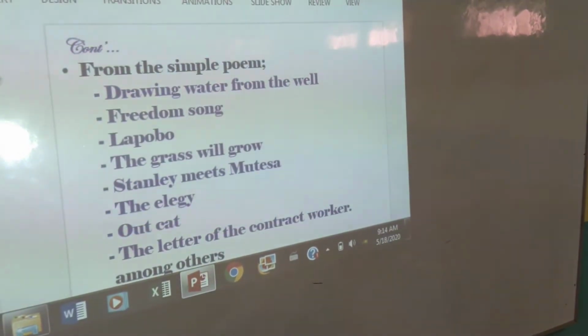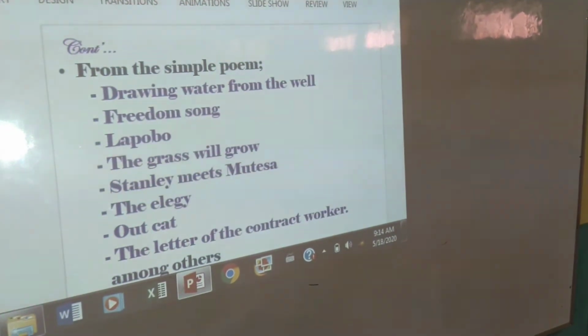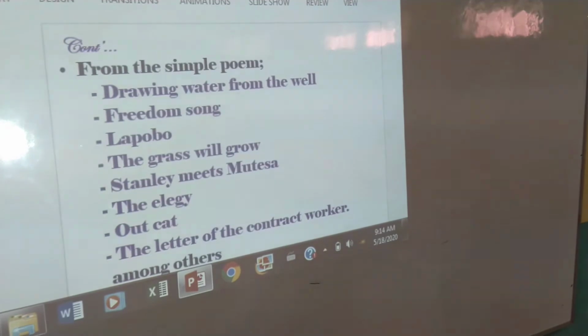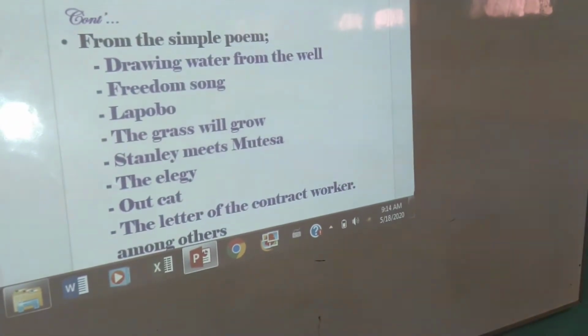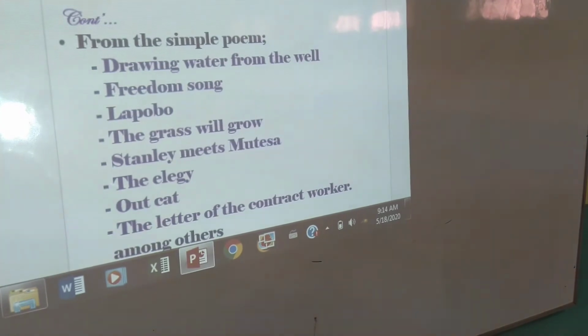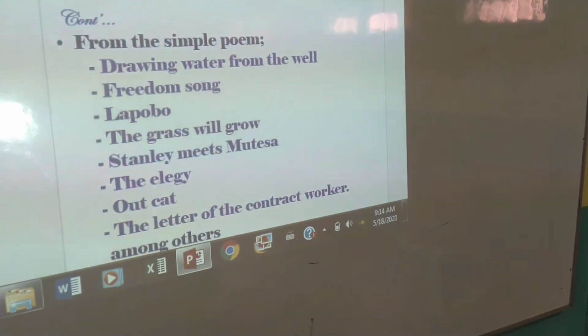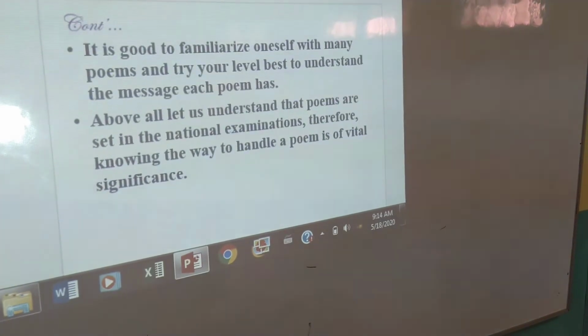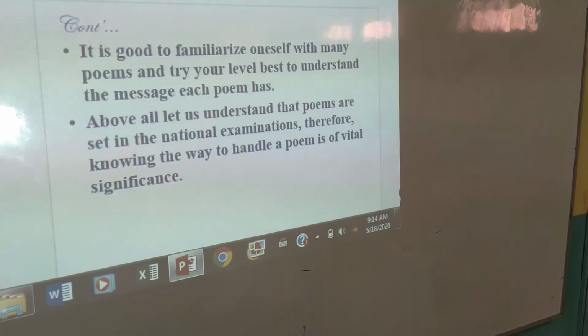Or can you remember the poem Freedom Song, La Popo, all the way in Form 2, The Grass Will Grow? Stanley Meets Mutesa, The Allergy, The Outcast. There was a poem about the letter of a contract worker. Those are among the poems that you've come across as you moved along in our reading of poetry in English